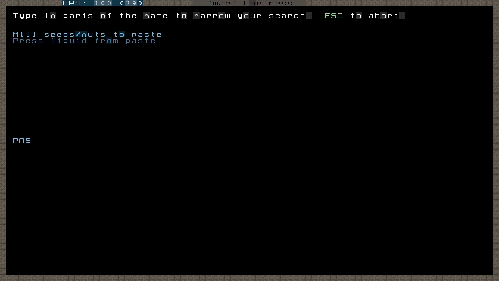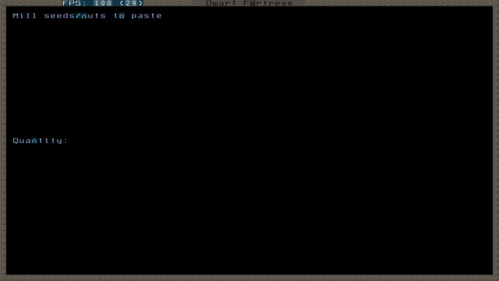Right. I first need to mill some seeds or nuts to paste. This will make paste from the rock nuts, and then I need to press that liquid from that paste. So first mill, and I will make